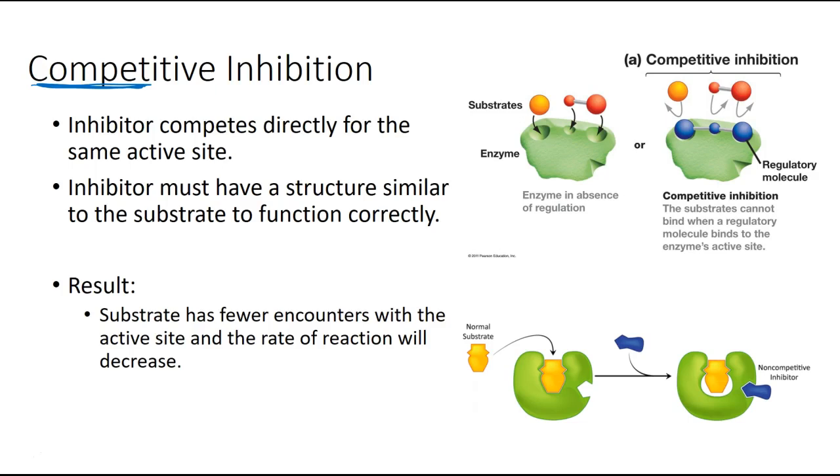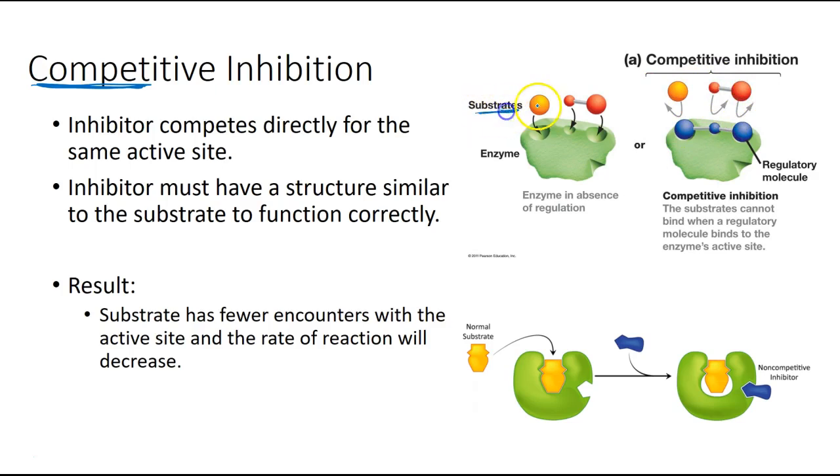So the inhibitor is going to specifically bind to the enzyme's active site because it has a similar enough shape or conformation that it is going to allow it to bind to the enzyme, but it is not the proper substrate, and so therefore the enzyme can't function correctly because it's obviously not functioning the way that it's supposed to. In this competitive inhibition, which we can see over here, this enzyme is going to house the inhibitor, which is the regulatory molecule, and regulatory because it is regulating the functioning of this particular enzyme. This regulatory molecule, or this inhibitor, is going to bind to the enzyme and therefore inhibit the proper substrates, which